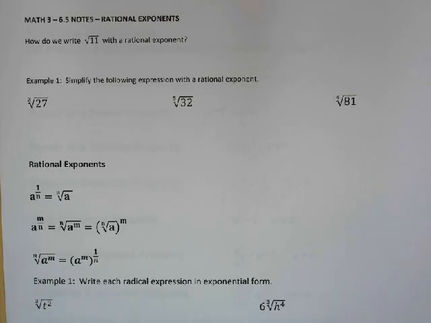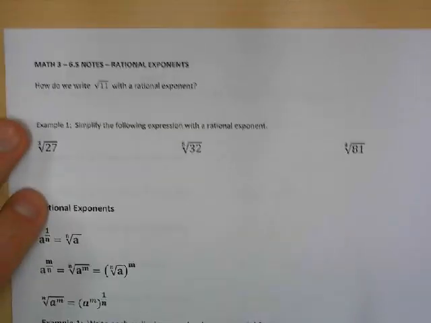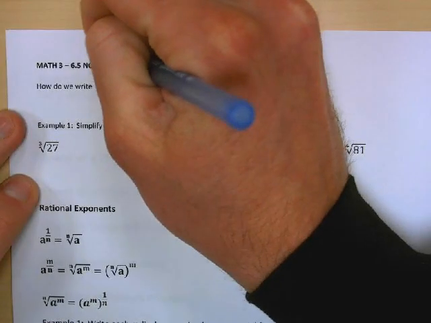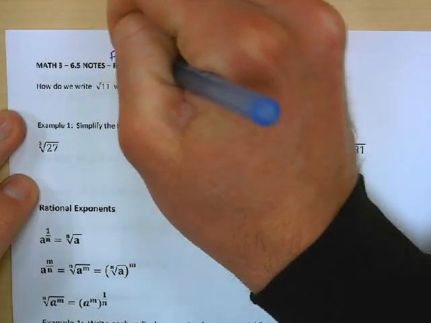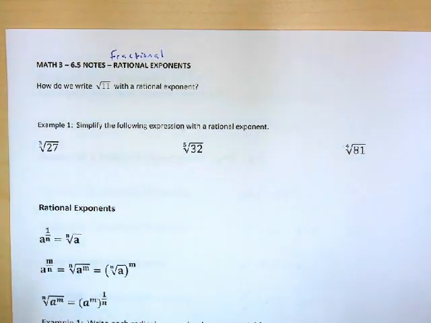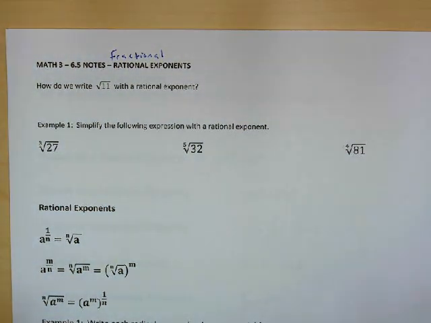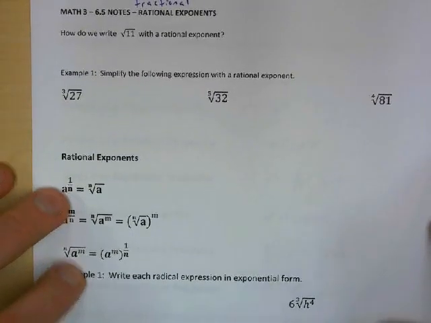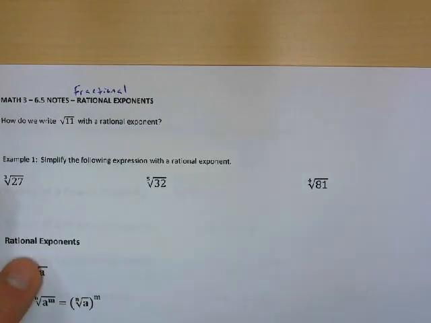All right, here we got the Math 3 6.5 notes, rational exponents. So rational exponents basically means our exponent is going to be a fraction. So you can kind of think of this as fractional exponents. Okay? All right, so anyways, our exponents are just going to be fractions. And then we'll get through the details and the definitions and that sort of thing, but the whole idea behind these set of notes is being able to go backwards and forwards from a fractional exponent to another statement written